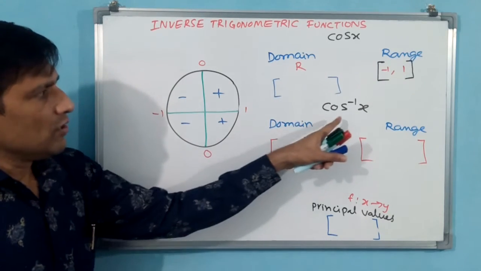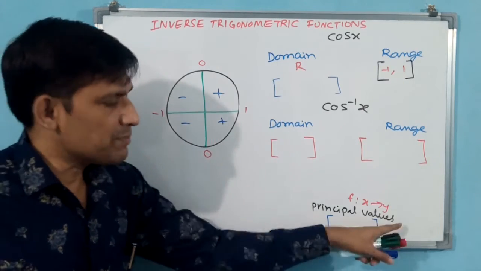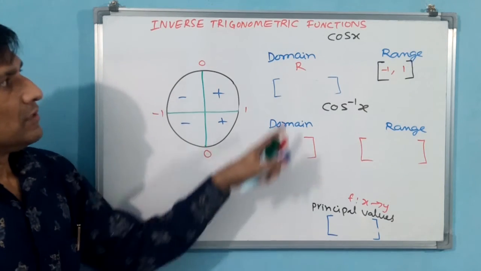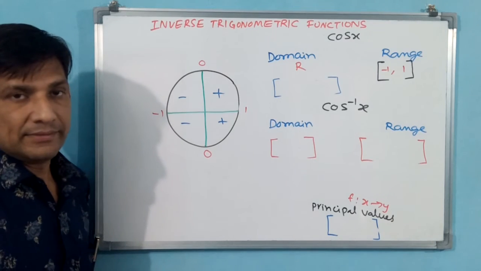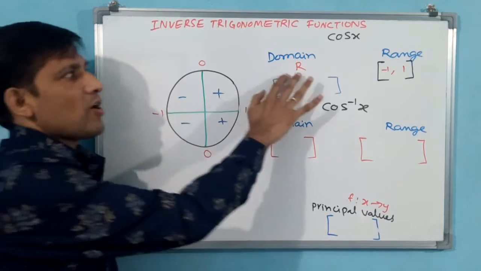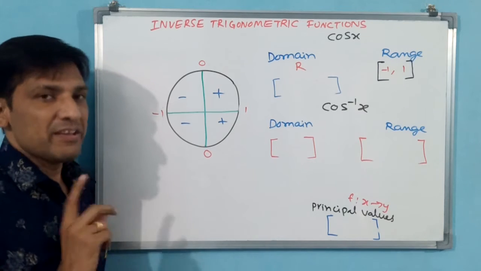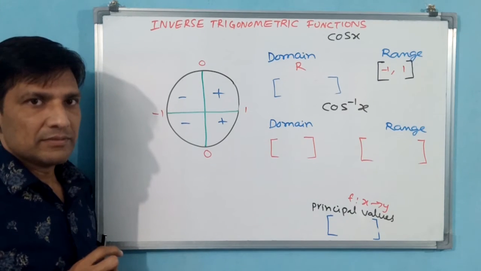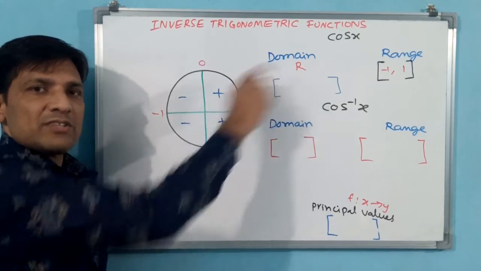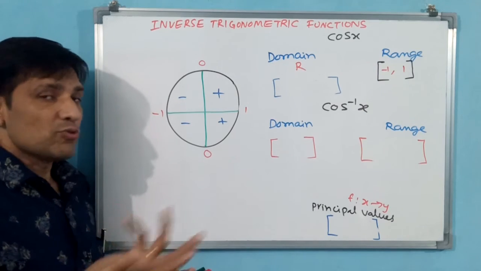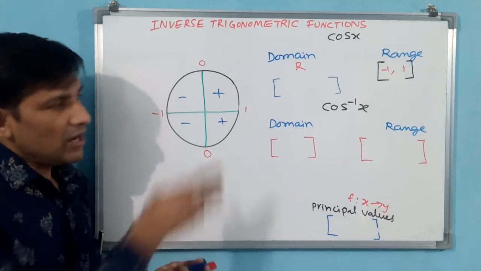Okay. Now for becoming cos inverse x, what are the principal values? Why? Because we came to know that unless we take principal values, cos x is also not going to become one-one and onto. Cos inverse x you cannot get. Okay. See, now cos x is not one-one. Cos x is many-one. Why? Because even if you give 360 degrees, 1 is going to come, so it becomes many-one. Anyway, onto is there.